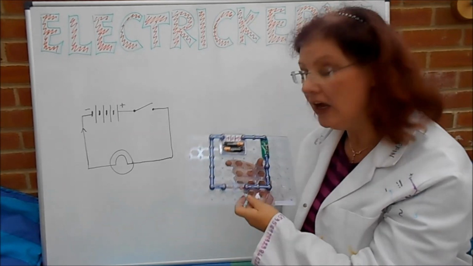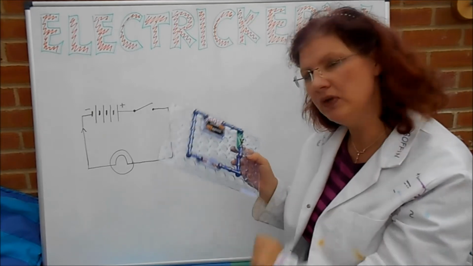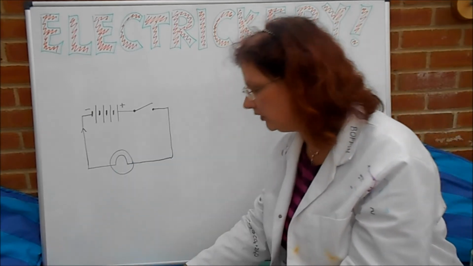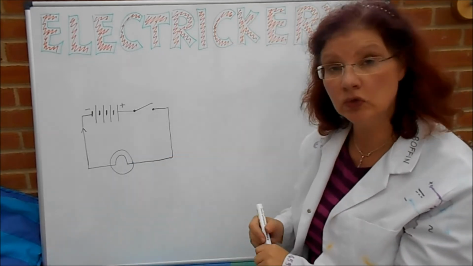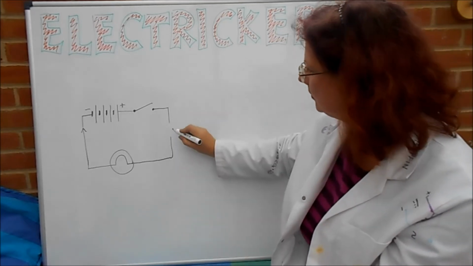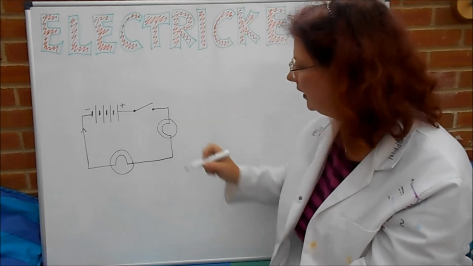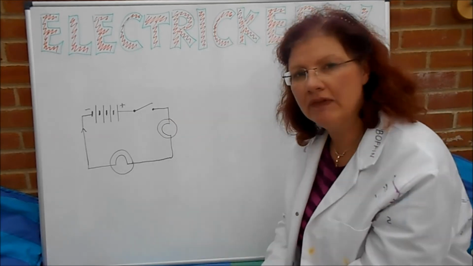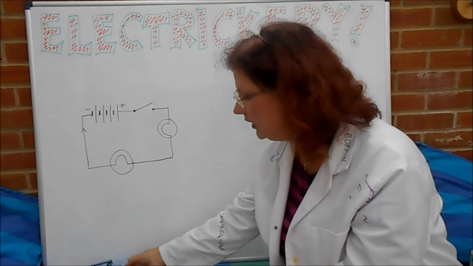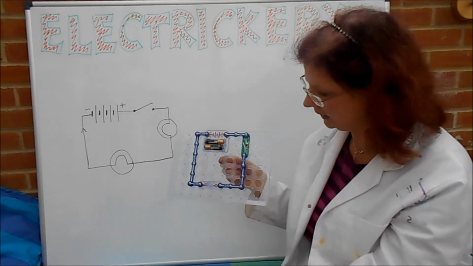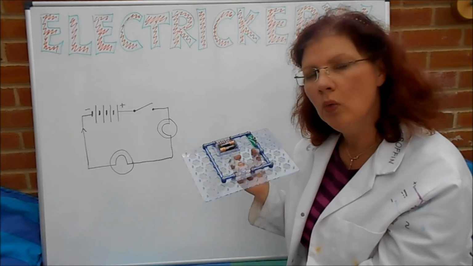If you want to have a go with doing some of these, you can. Other things you might like to investigate are maybe putting an extra light bulb in, because we don't have to have just one light bulb. I'm actually going to put another one in here. So something for you to have a think about. When I put another light bulb in my circuit, I'm going to put one just here,